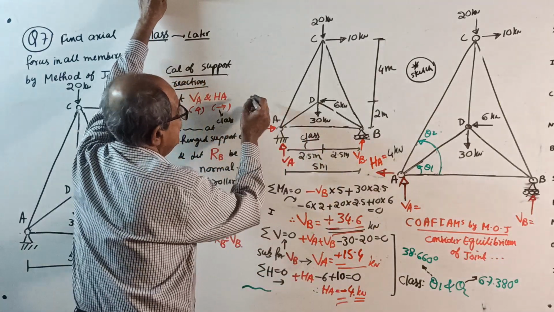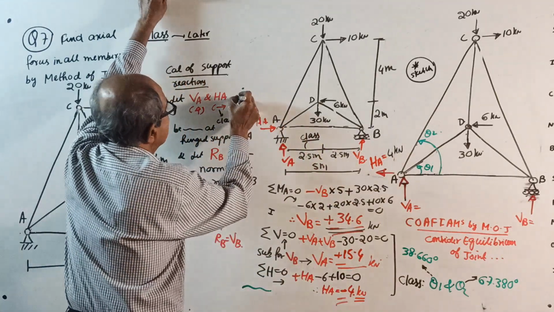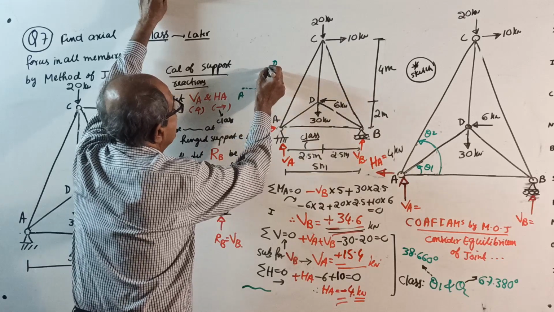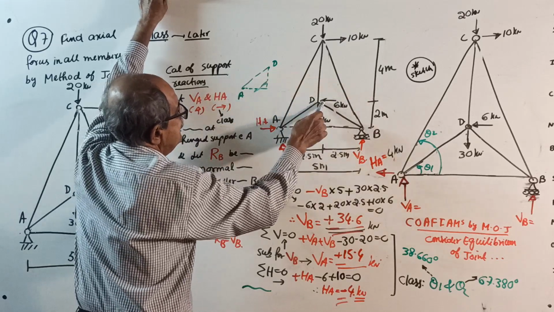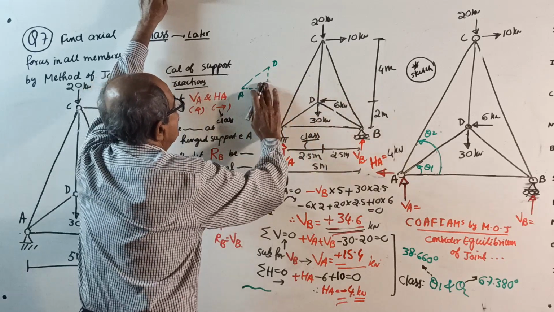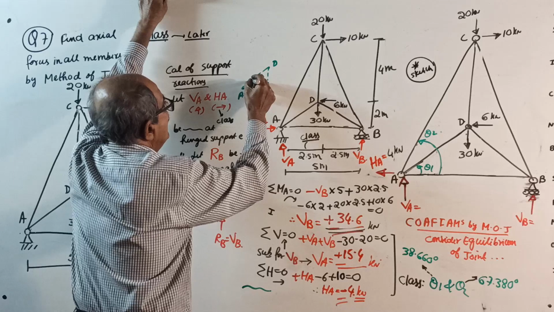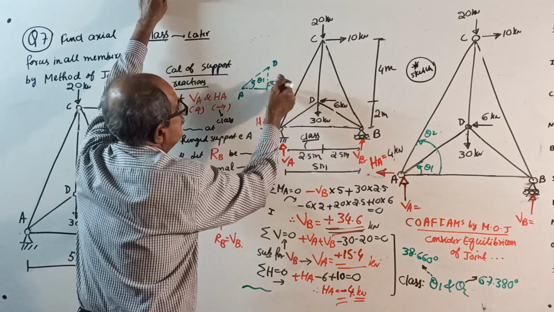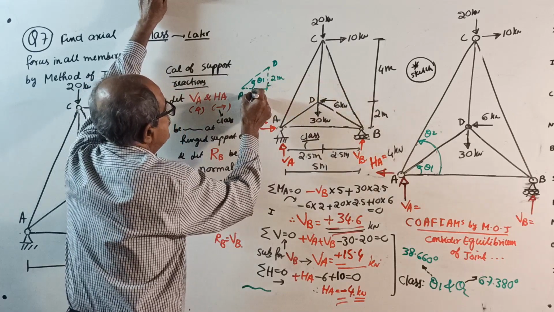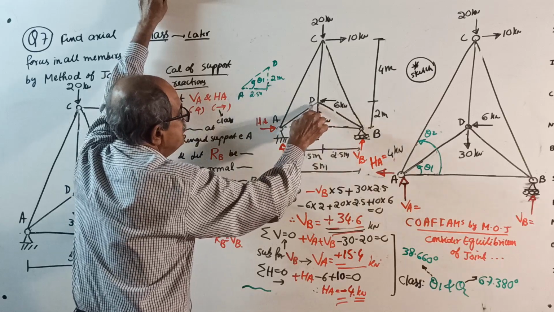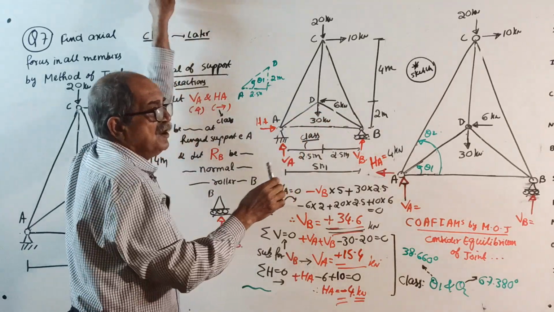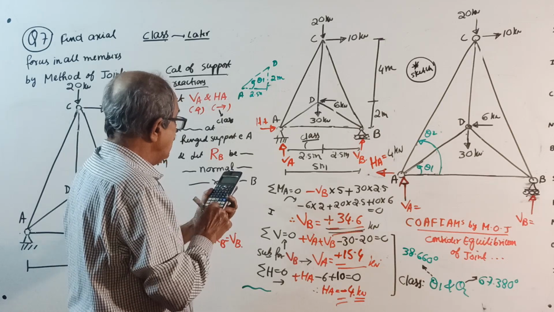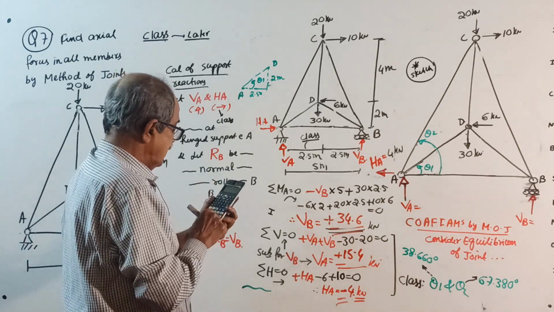Space is not there, so you do one thing. Take the point A here, somewhere here. Take the point D here. Dotted line, mark a triangle. This angle, you take theta 1. Then tan theta 1 equal to, this height is what? 2 meter. This is 2.5 meter. Because we want the angle with horizontal, tan theta 1 equal to 2 divided by 2.5, shift tan inverse, answer